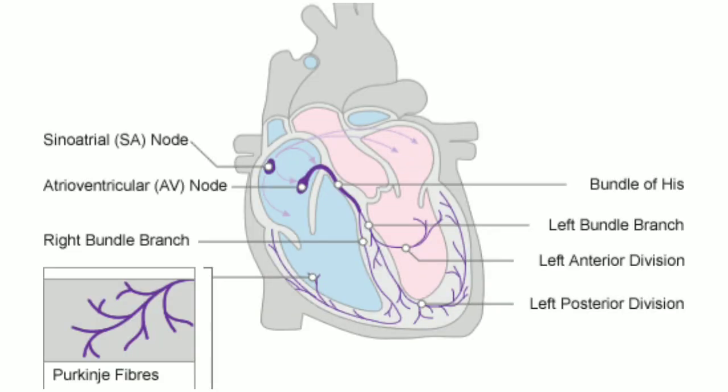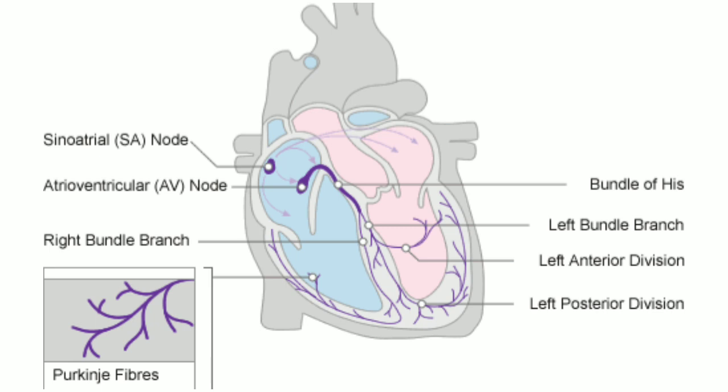So up till now we had seen rate, rhythm, axis, ischemia, infarction, hypertrophies, then AV nodal or heart blocks, and lastly we will now see the bundle branch blocks. We had seen in the last video that the impulse starts from the SA node, passes through the Bachmann tracts and enters into the atrial muscle to depolarize it. Then from there it goes to the AV node, and once it has passed the AV node, it enters